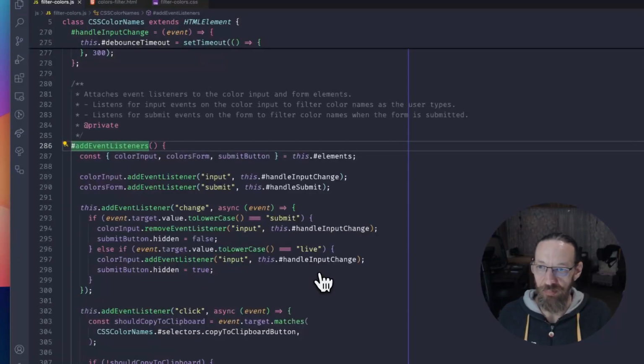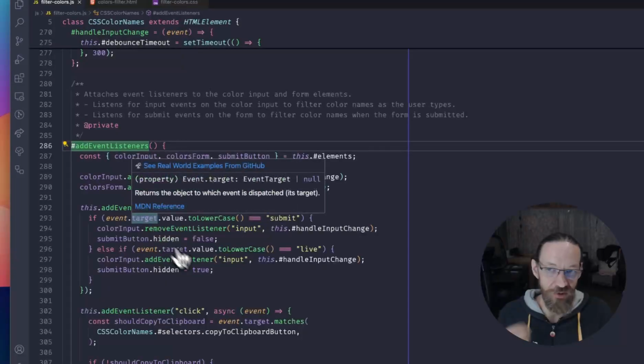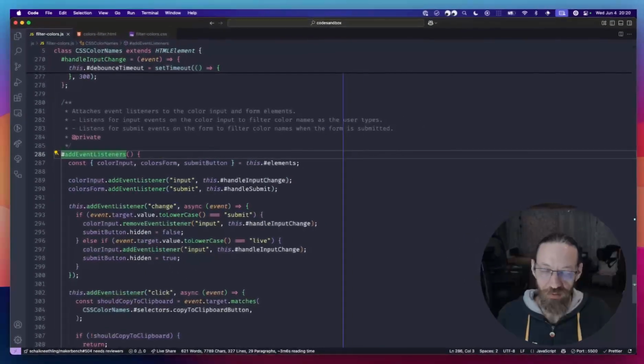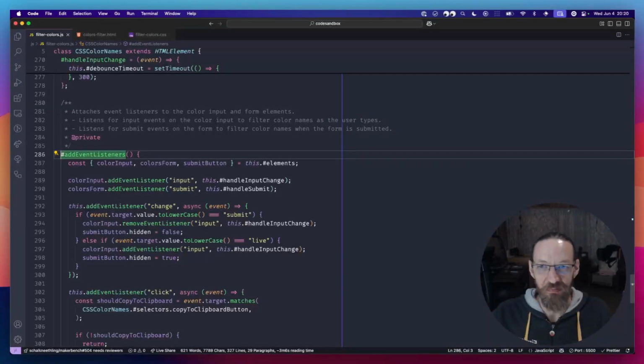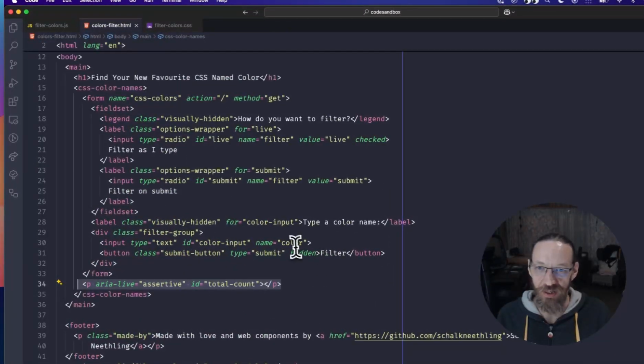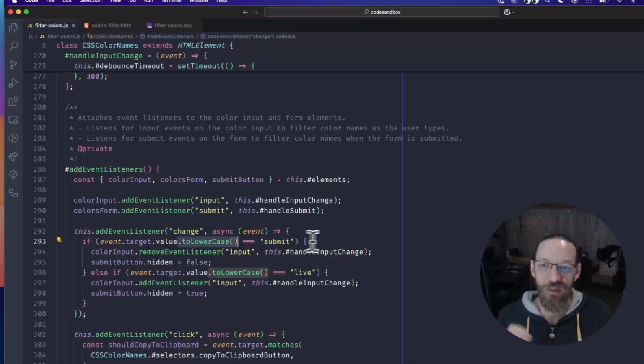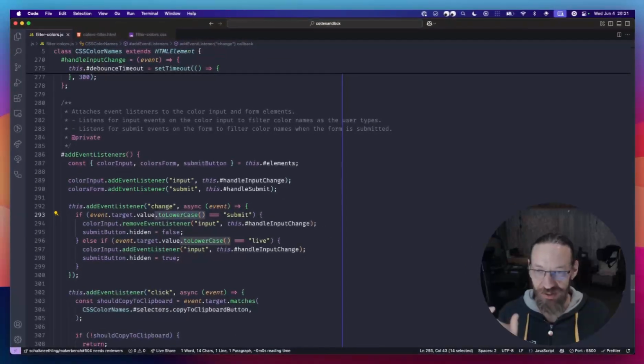And then as it's bubbling up, we're going to say if the event target, so the thing that triggered this change event, if its value... we're just making sure here that maybe for some reason in the HTML we decide to change the value of submit to uppercase, or we make the first S uppercase. Then all of a sudden, if we didn't do the toLowerCase part here, because we're using triple equals, it will not match. So just to be 100% sure, we're saying if that value toLowerCase equals the string submit,